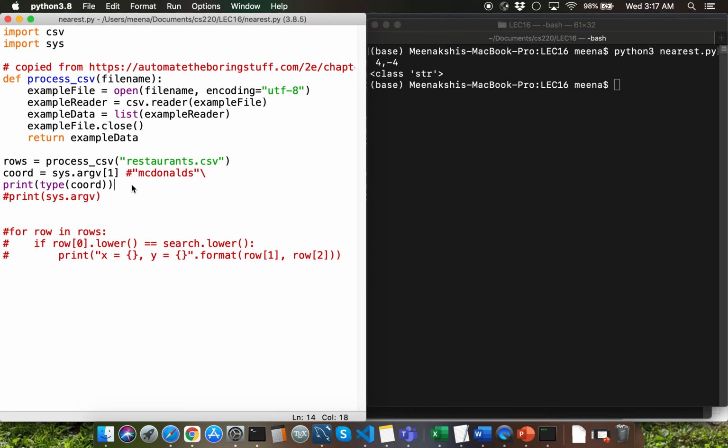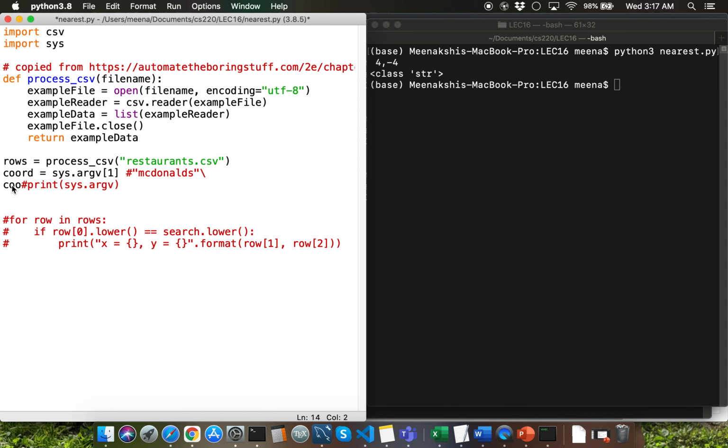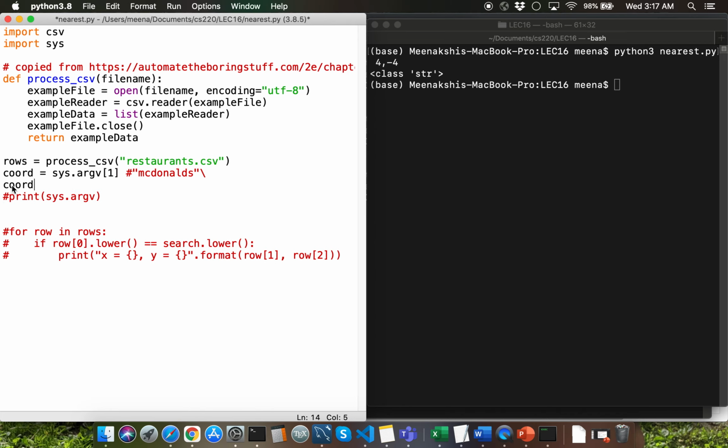Recall that the split method takes a separator string as argument. So I'll have to call the split method using the coord string. I'm going to say coord.split and pass a comma as the separator here because we want to separate based on the comma, correct? The split method is going to return a list of strings.